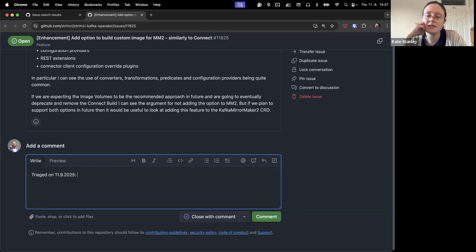But to me, it doesn't seem like that unusual of a use case to want to have a specific custom plugin. I think for me, the big trade-off is more if we want to support image volumes in future, which ultimately, the Connect build is handy for development, but in production, how much are you going to actually use it? And if we have image volumes in future, is it worth all of the work to put that in if we think actually image volumes is the way forward? To me, that would be the reason not to do it rather than it not being useful. Yeah, so